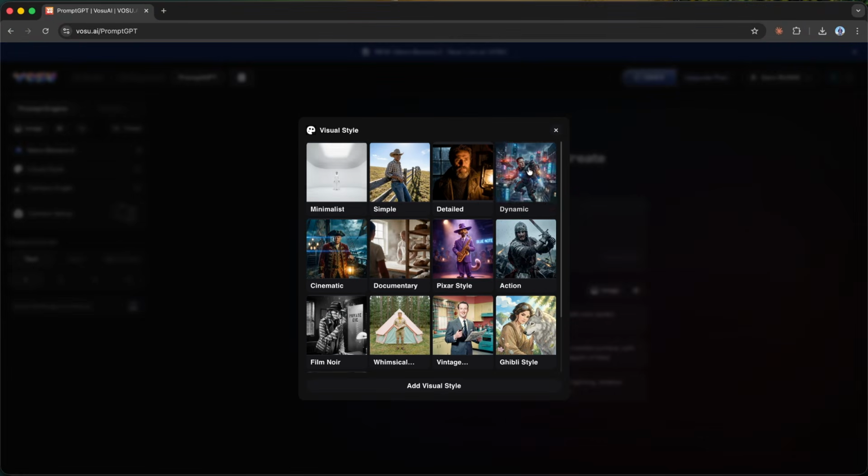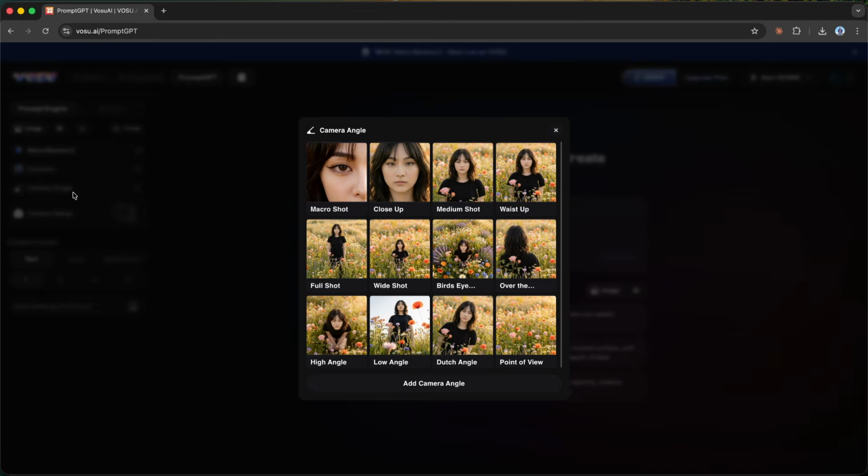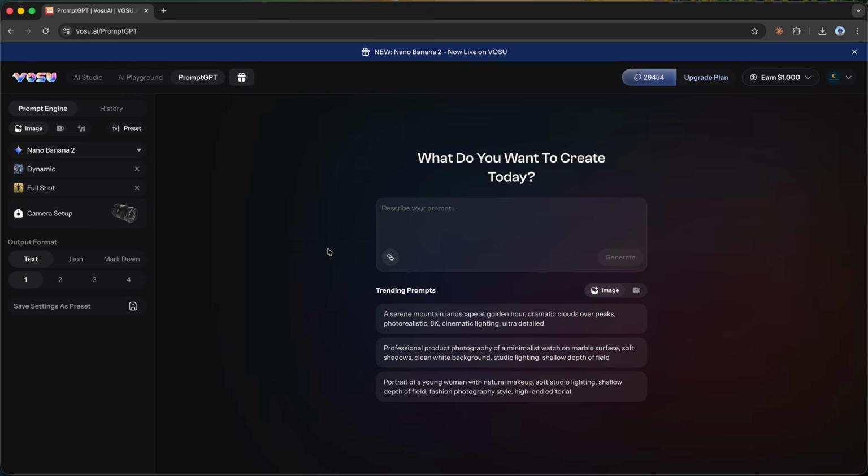For the visual style, I'm going with dynamic because a car mid-transformation into a robot needs that sense of energy and movement even in a still image. You want it to feel like you caught it at the perfect moment. For the camera angle, I'm choosing full shot. I want the entire car and the robot form visible in the frame, so you can really see the scale